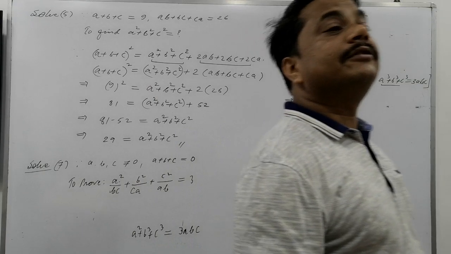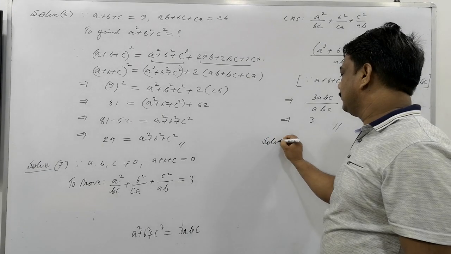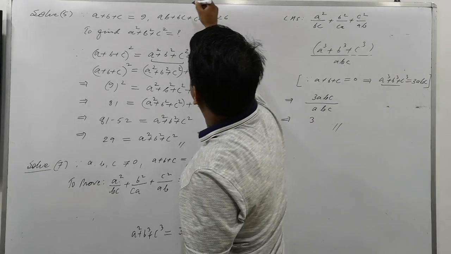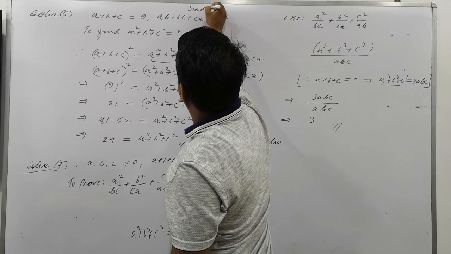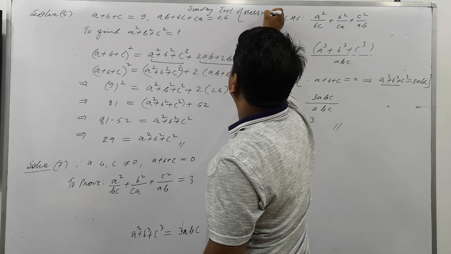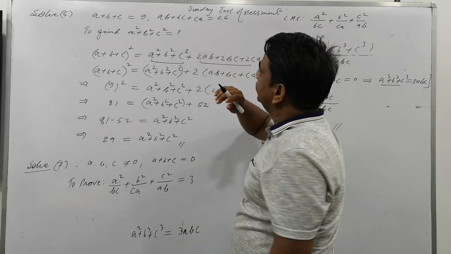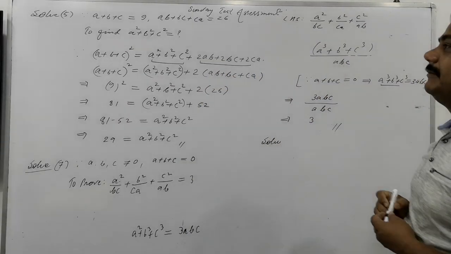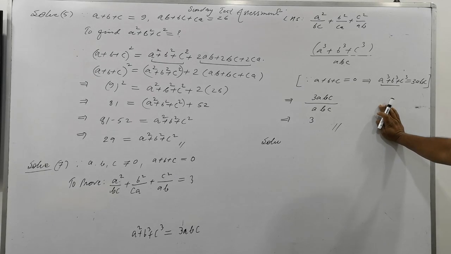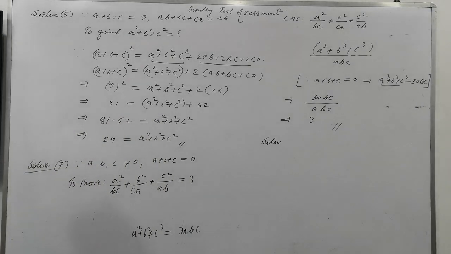And is there any other question you want to know? Is there any doubt? Yes? It's not in maths. I want to know question number 17 in physics. We are solving the Sunday test assessment, okay? And the doubt, question number 5 was the doubt there. Question number 7. Is there any doubt in the board question? Question number 7 in physics. And you, Anushree? Question number 5th. Question number 5, tell please.